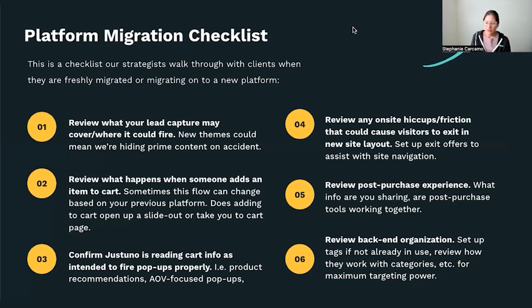And our last point here is review back-end organization. This is a good call out for product recommendation tools, making sure that you have tags and categories set up correctly and efficiently, so that whenever we're going in to use Justuno, for example, to recommend products based off of what's set up in cart, we're actually able to use it based off of the tag instead of using an algorithm. And this tag could be set up based on what your visitors have been bundling by themselves. So maybe what we're showing isn't what's going to be sold at this moment because of a trend or